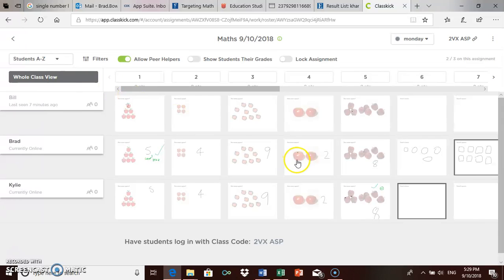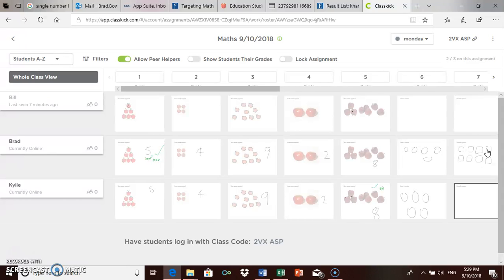Okay, so I can see that Brad is making a bit of progress through here. And I can see that Kylie is working her way through it as well. So this is great. You can see what the kids are doing. If they have problems,